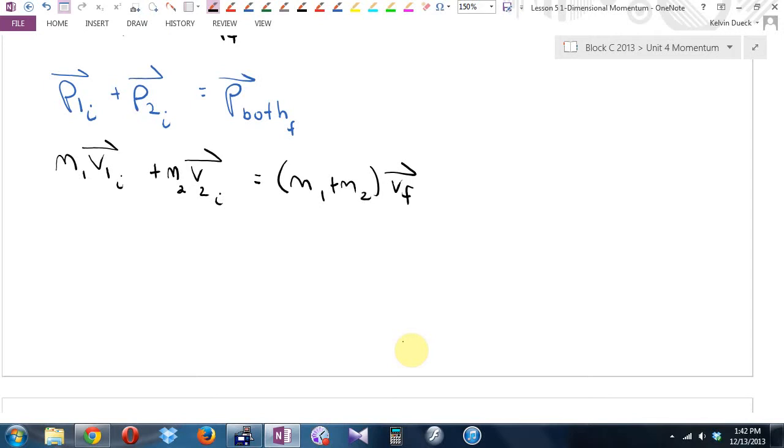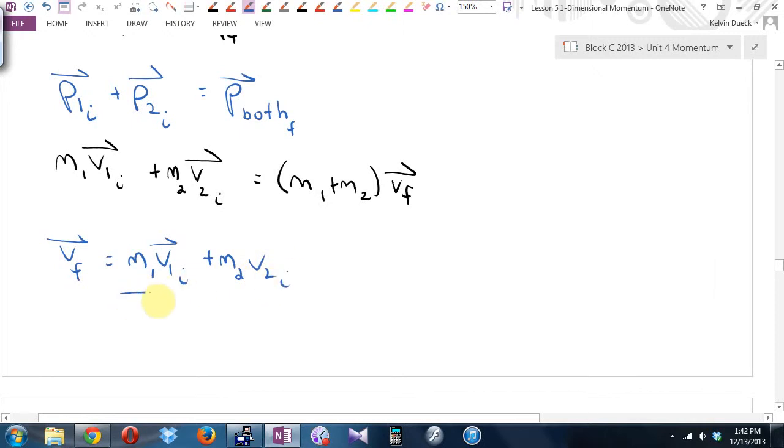All right. Hey, Josh, what's this asking me to find? Common velocity. Did they say any north to south or any angles? Then I can get the V final by itself with straight generic math. How could I get the V final by itself? Divide by the bracket. So I think the final velocity, the common velocity as I called it, is going to be M1 V1 initial plus M2 V2 initial, all divided by M1